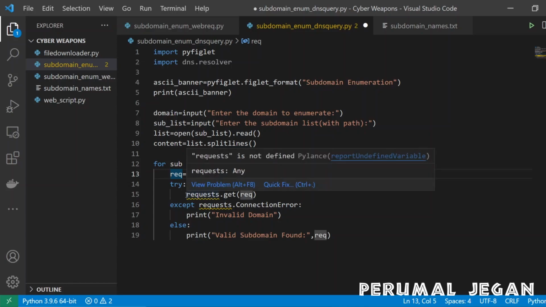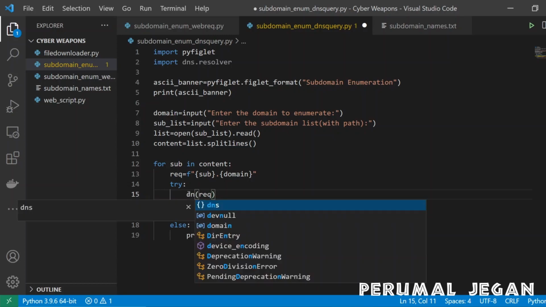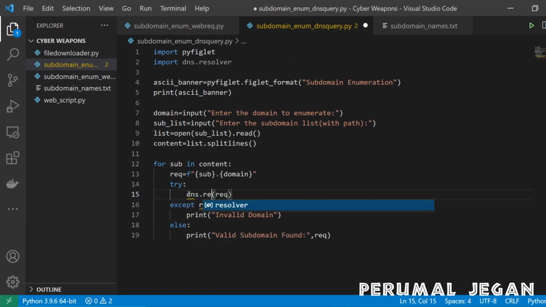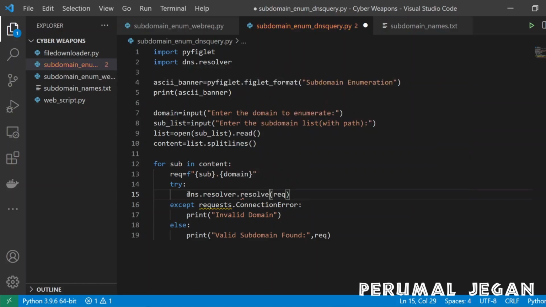And the next thing is we need to remove this requests library here. Instead, I'm going to call the DNS resolver library, and in this library there is a function called resolve. It will do the DNS resolution. Perfect. Now I called the word with subdomain and domain.